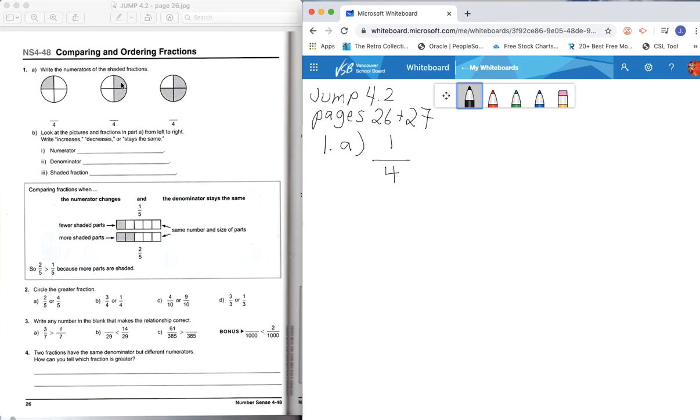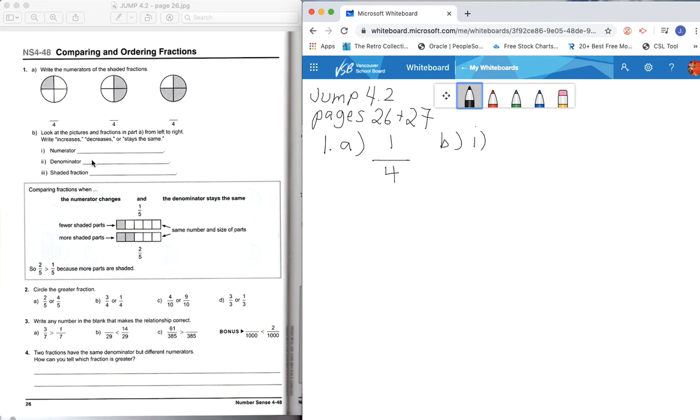Okay, so clearly how many parts are shaded here? 2, write 2 here. How many are shaded here? 3, write 3 here. All right, B, look at the pictures and fractions in part A from left to right. Write increases, decreases, or stays the same. So if we look at B1,